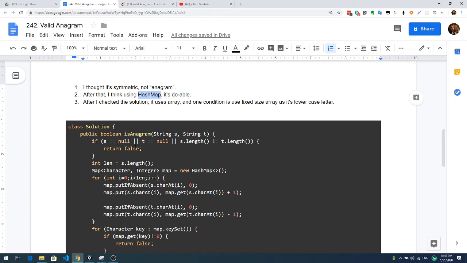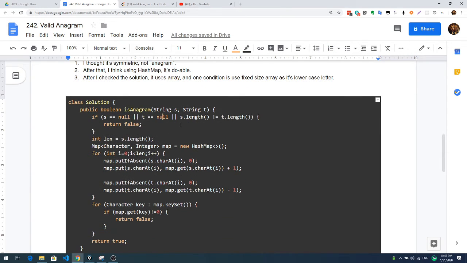So let's go to the hash map solution. First, in order to make sure that S and T are anagrams of each other, we need to make sure they are not null. Also, they should have the same length. If they are not the same length, there are definitely some characters in S that don't exist in T or vice versa. After this simple edge case check,